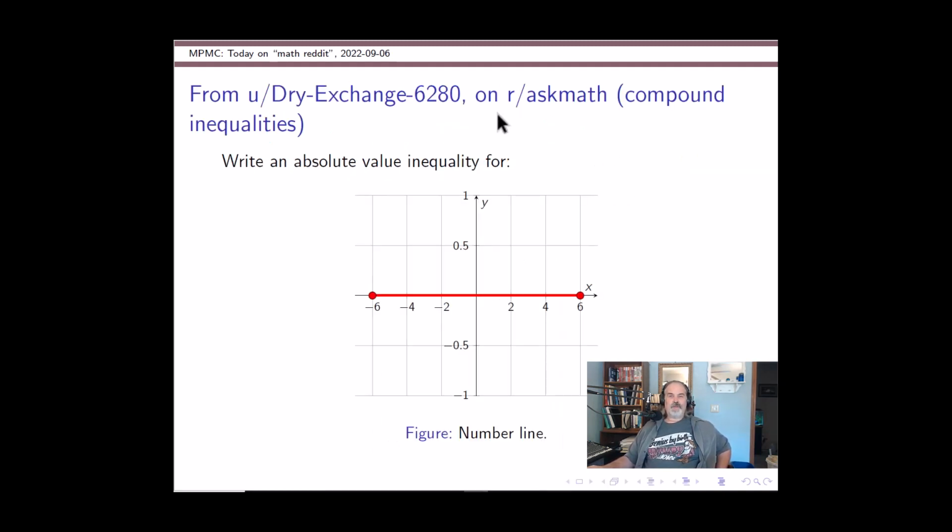Okay, so the first one I've selected is from the user DryExchange6280 on the r/askmath subreddit. The question as posed came with an image that showed a number line highlighted from -6 to 6. This is not the original image in the post. This is my own quickly cobbled together version of that image. You can ignore the vertical stretch. It's just supposed to be a number line from -6 to 6. And the prompt in this problem was to write an absolute value inequality that describes that region of the number